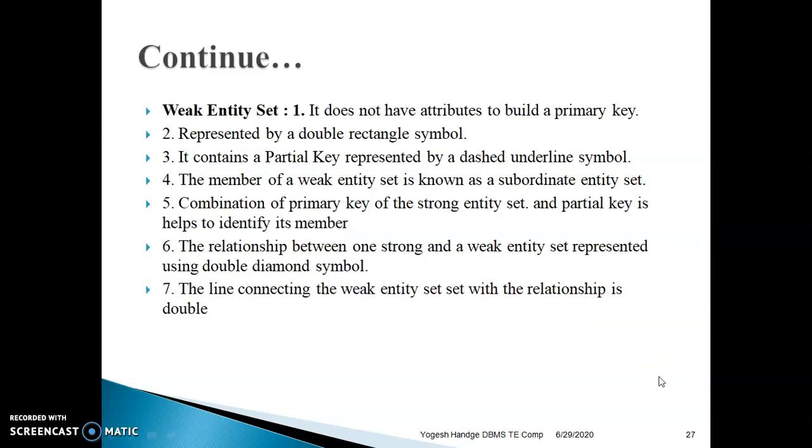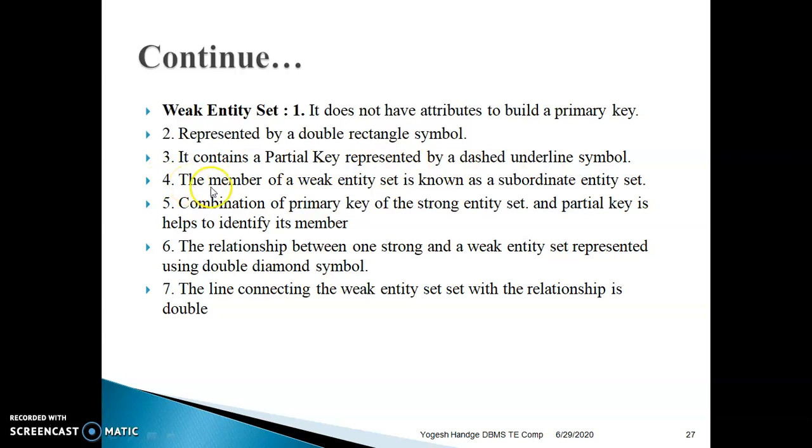Now, we will discuss the weak entity set. First one, it does not have attributes to build a primary key. It's a very important point. Second point, it is represented as a double rectangle symbol. Third point, it contains a partial key represented by a dash and underline symbol.